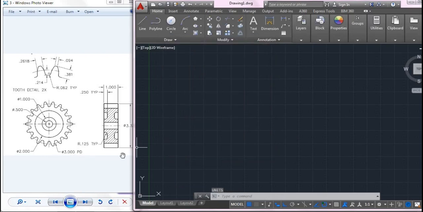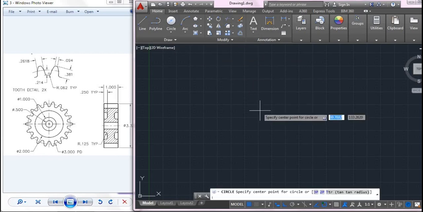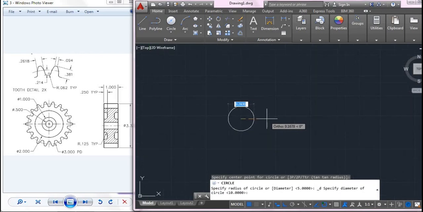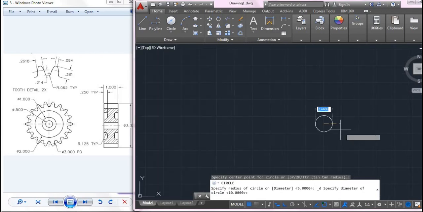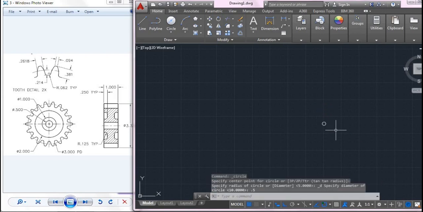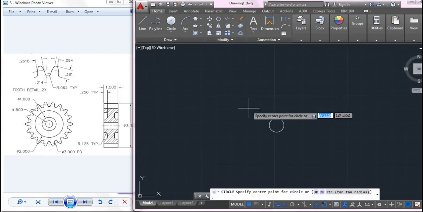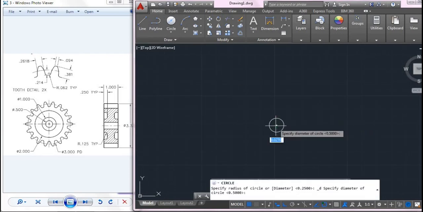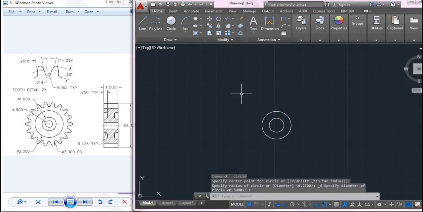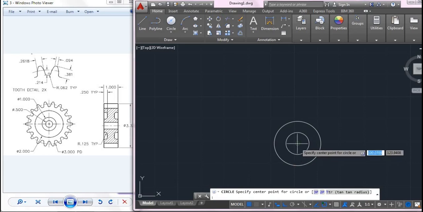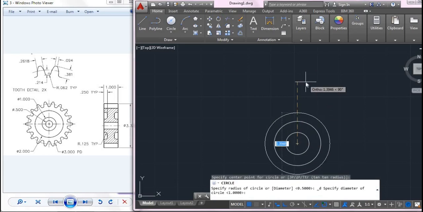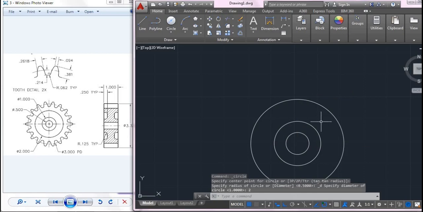Now I'll be taking a circle here and I'll be specifying my center point. The radius of the circle is given as 0.5, the innermost circle, enter, and one more circle, center point. The next radius is 1, enter, again. The third radius is given as 2, enter,